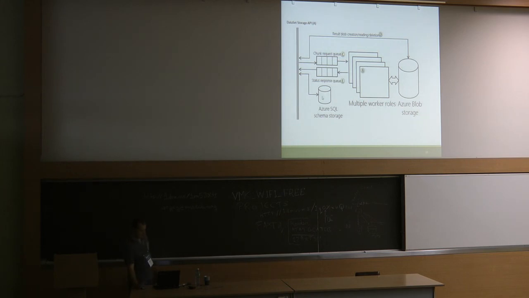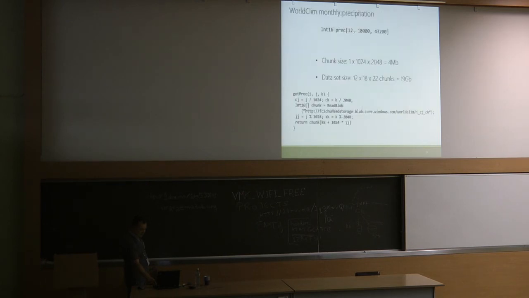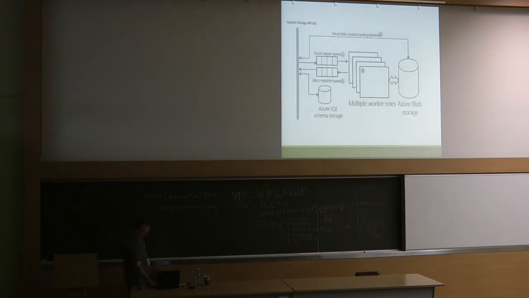first, it looks into an SQL database that stores schema information for each variable. Schema information is this: What is the size of the data? What is the chunk size? How many chunks do we have? And some metadata for providing data transformation, units, and all other stuff. So from the SQL storage, we get the schema of the variable. Then the service knows